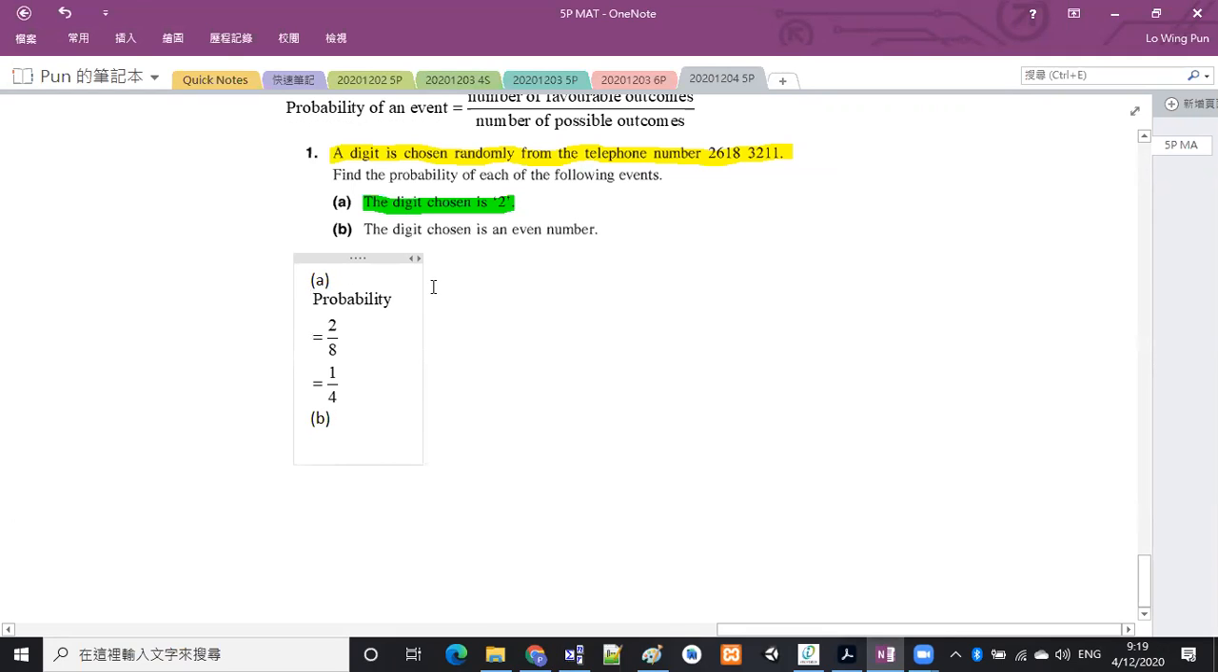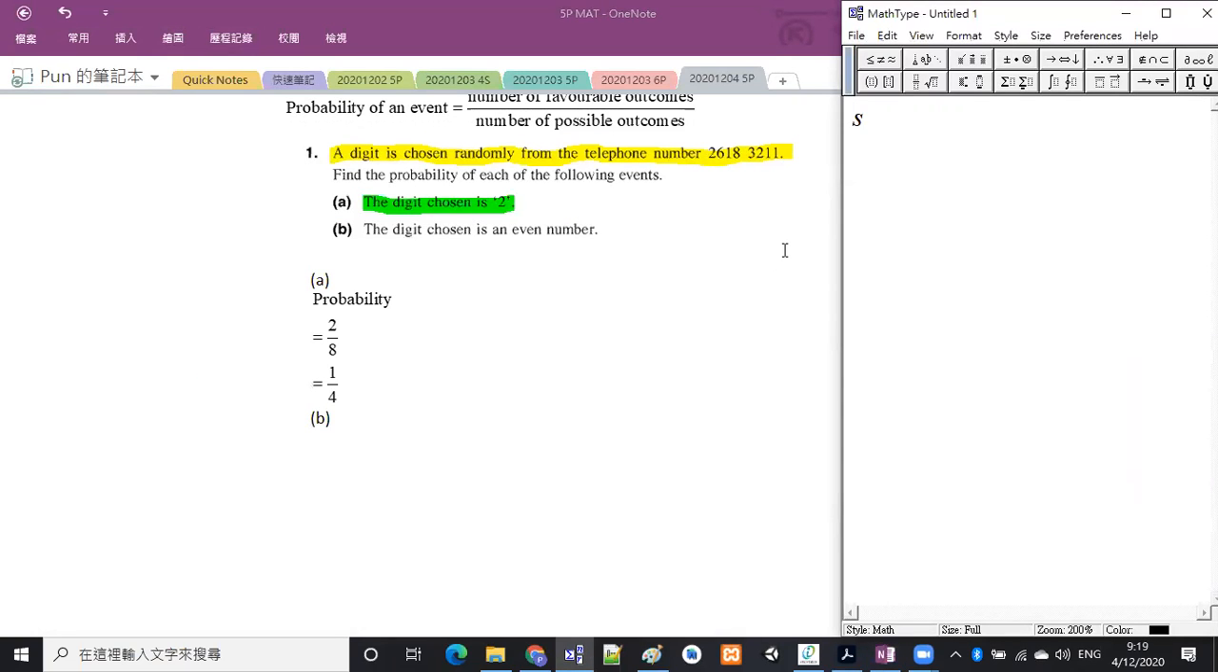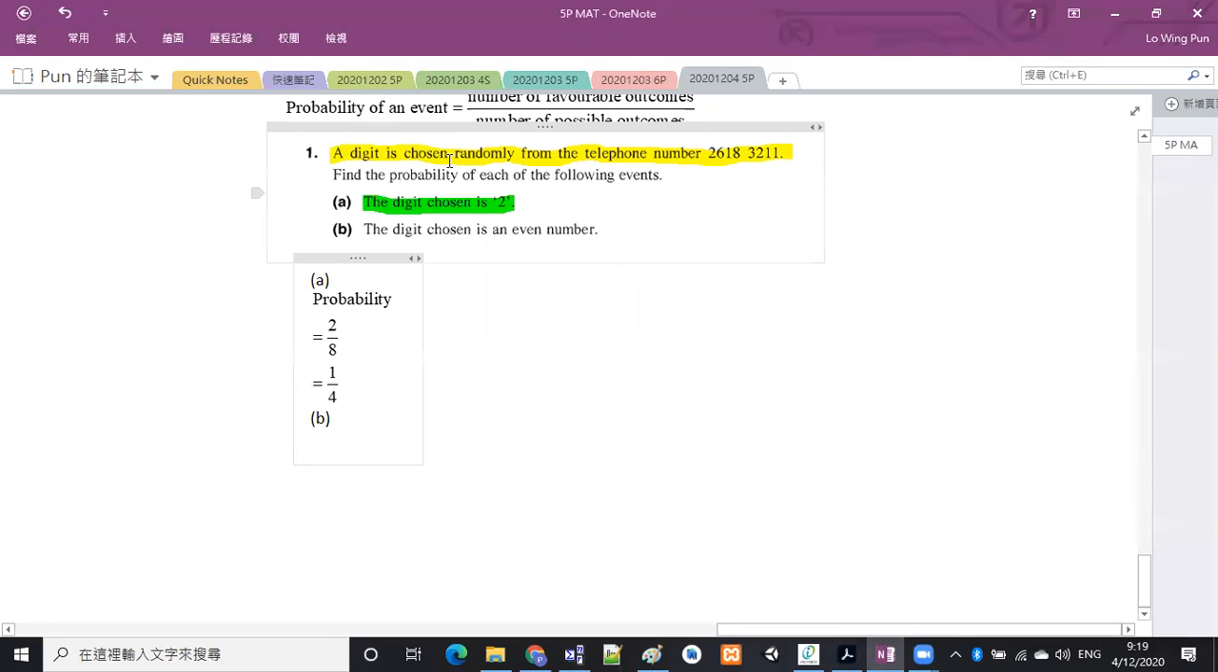Okay? And then part B. The digit chosen is an even number. Even number. Probability, and it is also equal to a number. And then the denominator is the number of possible outcomes. We just look to the first sentence. A digit is chosen randomly from the telephone number